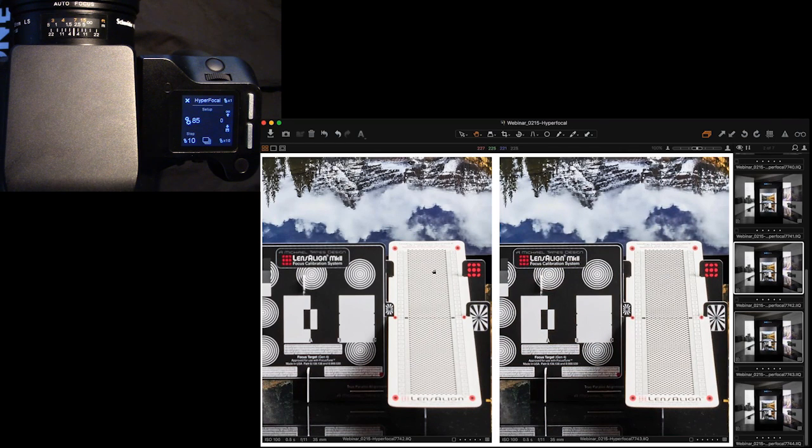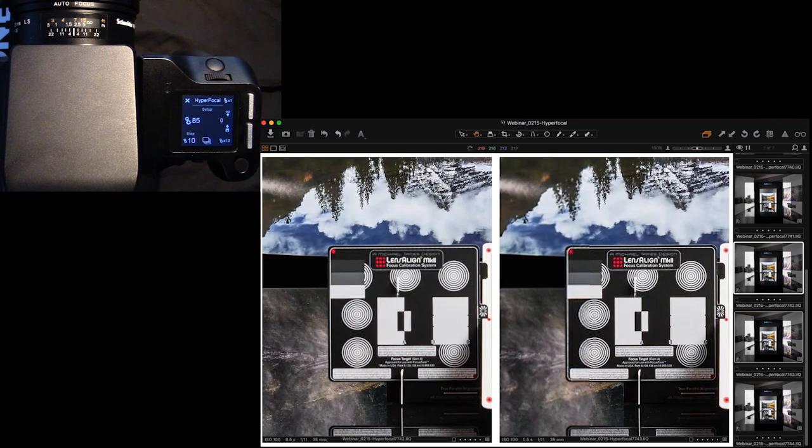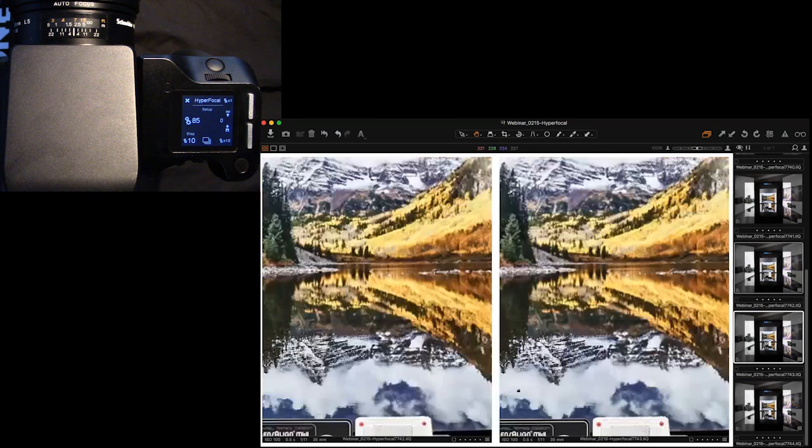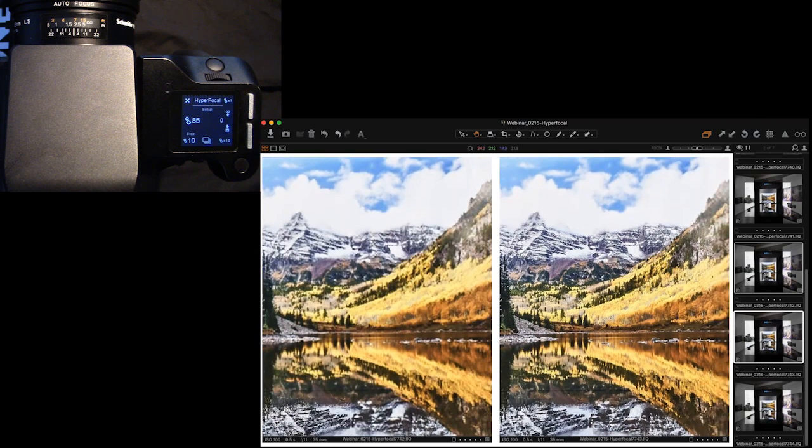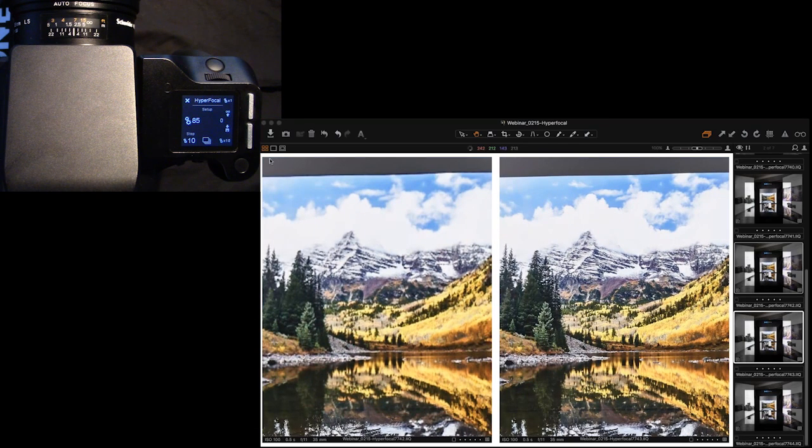Between 85 over here on the left and 95 on the right, it looks like we're gaining a significant amount of foreground focus. In this particular case, you can read all of the characters down here on the actual focus guide, whereas if we go to 85, just so you guys can see, those are not legible, not sharp. So we've gained quite a bit of focus in the foreground, but if we again go back to our infinity focus, have we lost much focus at infinity, if any at all?